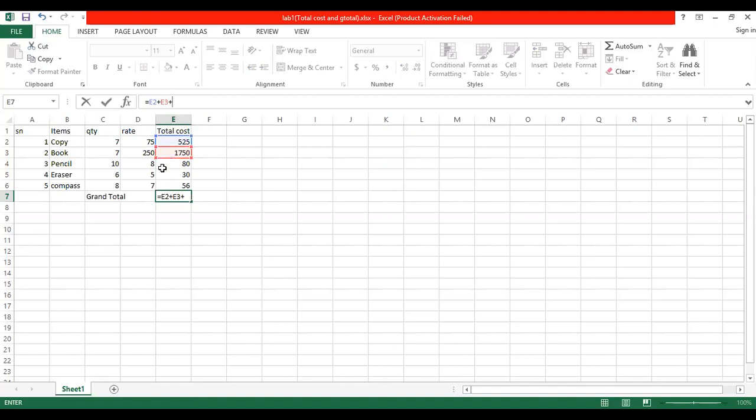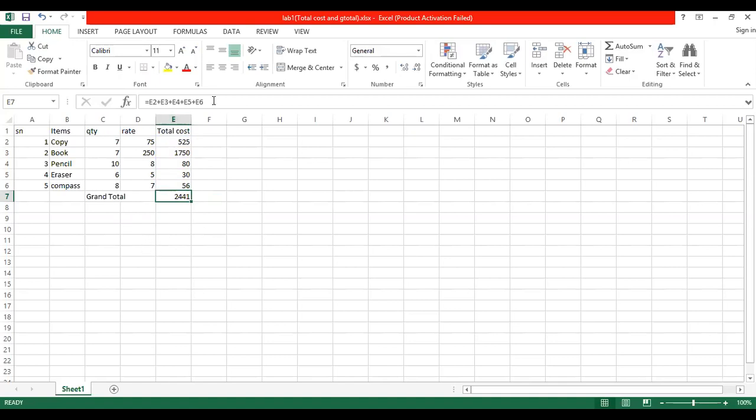That is E4. E4 plus, what is the cell address of this 30? E5. E5 plus, what is the cell address of this 56? Column E and row number 6. So you will do E6, enter. 2,441 you have to pay. By this way, you can find out the grand total.